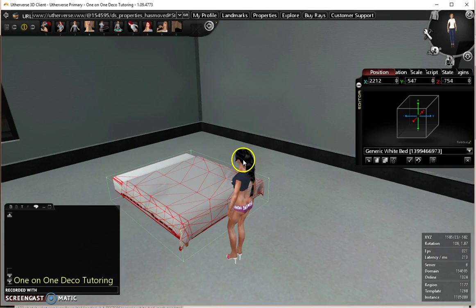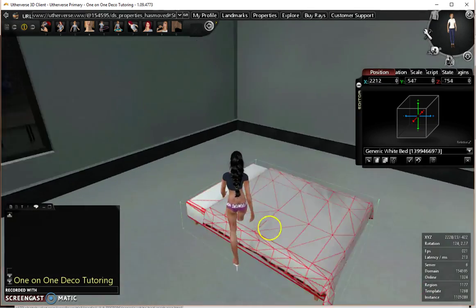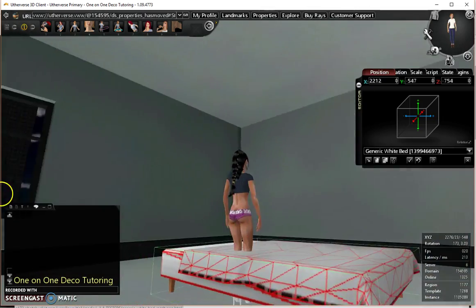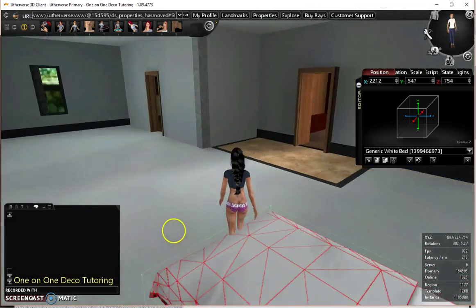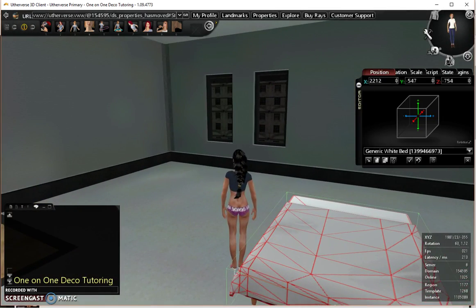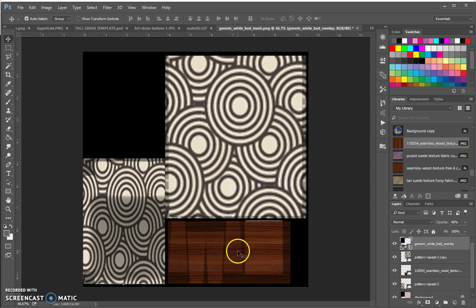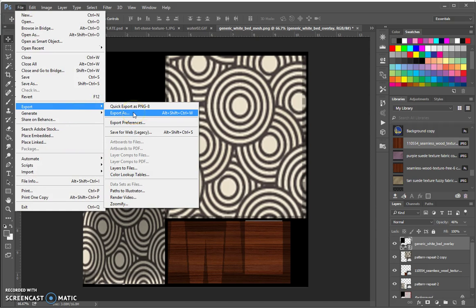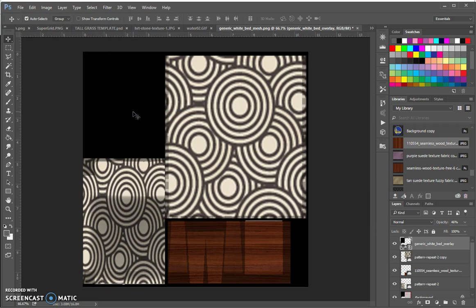So, we figured out how to read a prop map by applying the map with the red lines to the prop. And then we edited it in Photoshop. This is our lovely new map. We exported it and we saved it, but I'm going to do it again because I think I got cut off. So I'm going to export as,